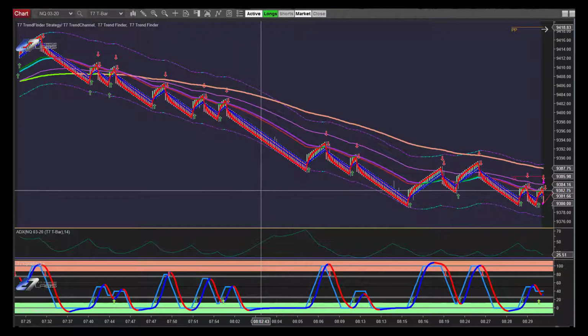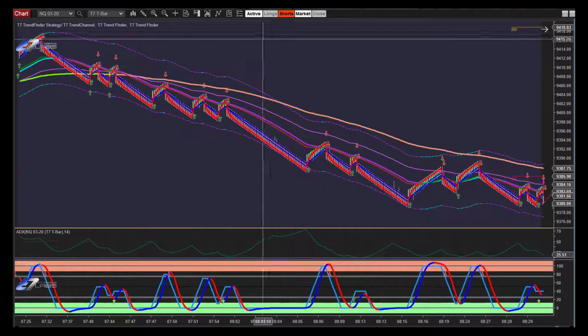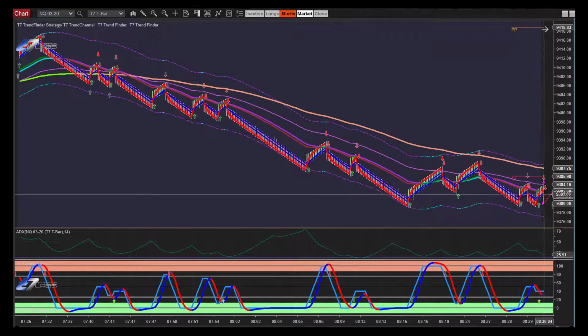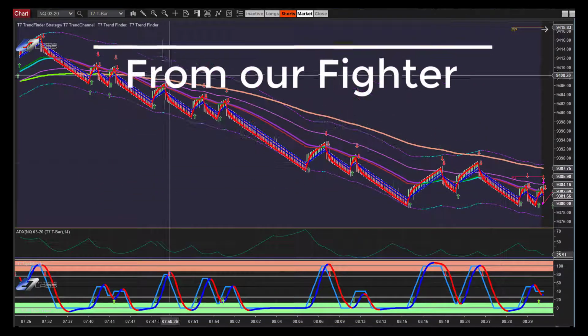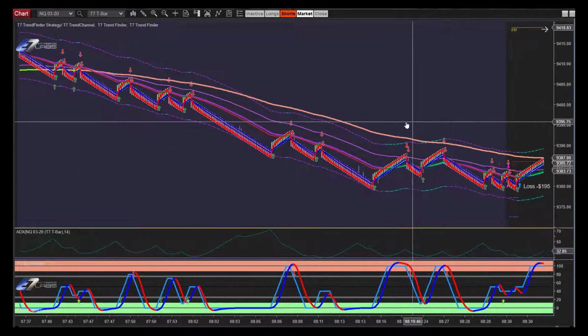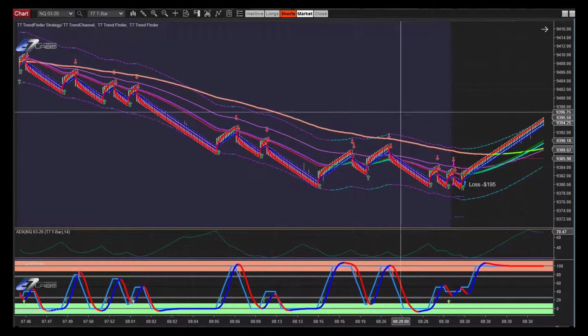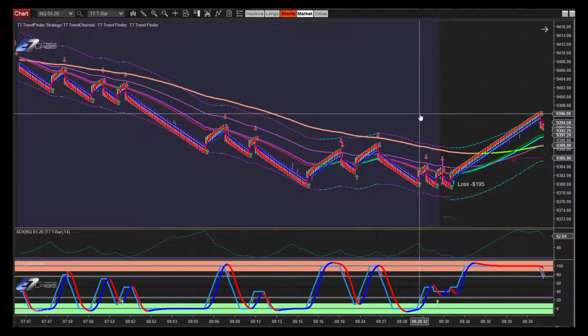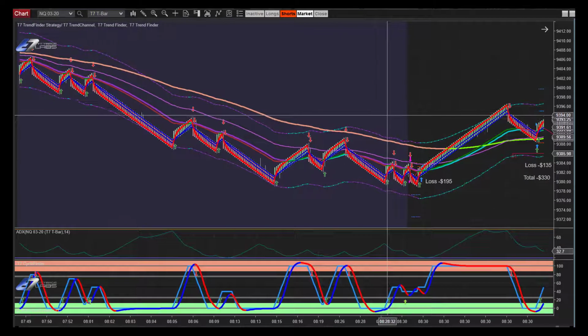So in the NQ this morning, as we come in, we had actually made it inactive here, as we saw that we didn't want to start in the open immediately because it was choppy coming in, and we were interested in only shorts as we were in a clear downtrend. But then we saw that price started coming above, and as it did, we were waiting to see if we could get a